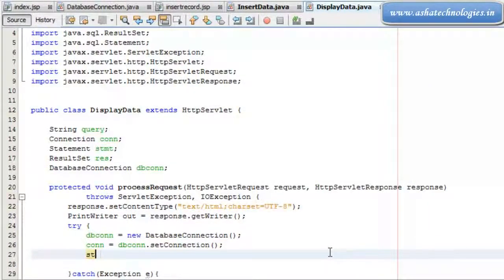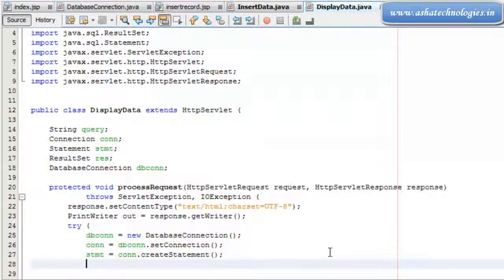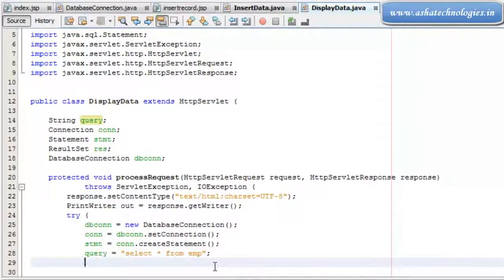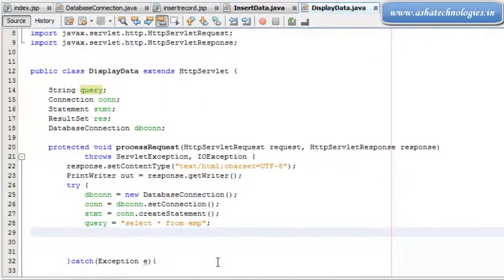Statement stmt equals to connection dot create statement, and then I can go for the query equals to select star from emp. So this is my query right now, in which I am going to select the record from the database, and after this what I need to do is